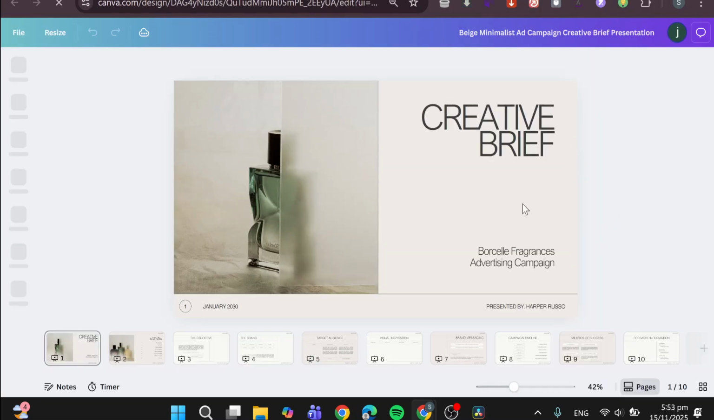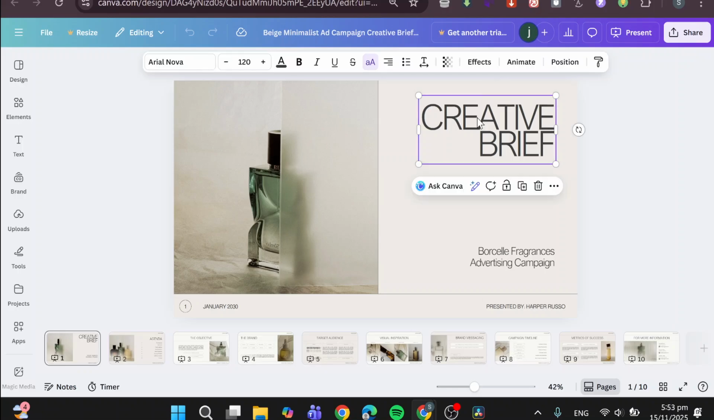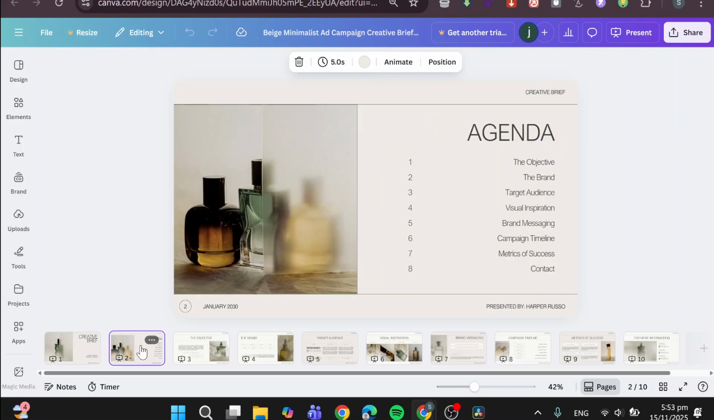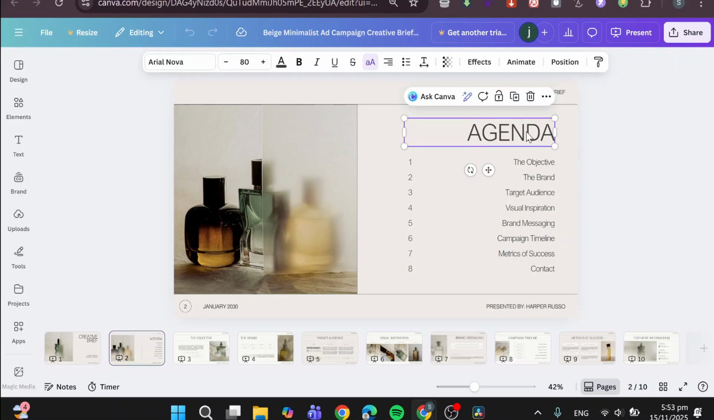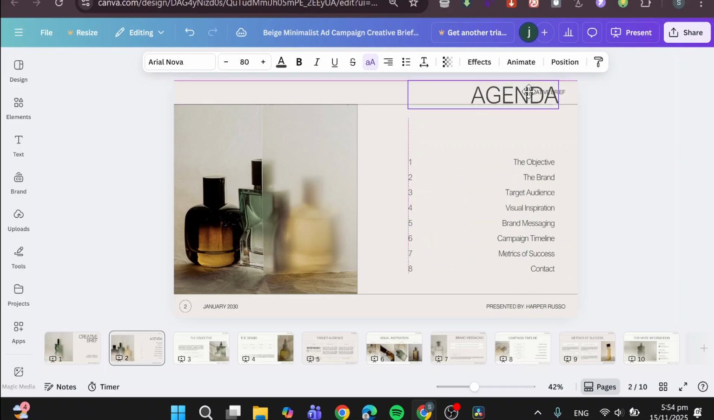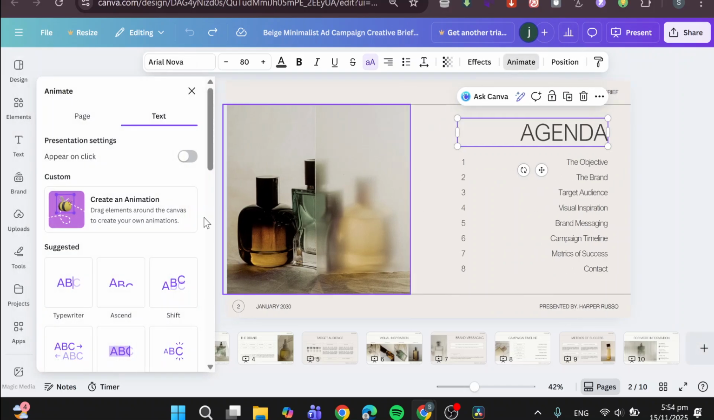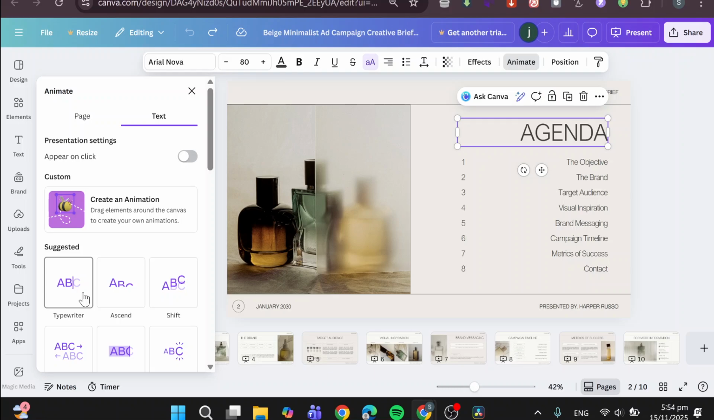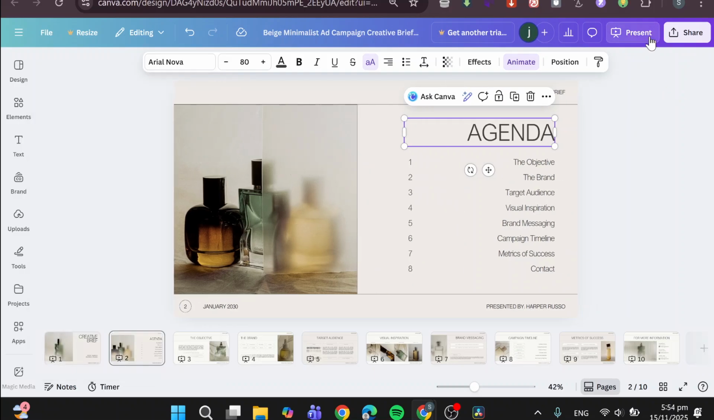Once we are here, we are going to find that any presentation will have elements such as images, text, and so on. So for example, I'm going to head over here. We're going to select this text. We're going to start with this text, for example, and we're going to click on animate. The animation is going to be, for example, like that. I'm going to select the typewriter. If I click on present,